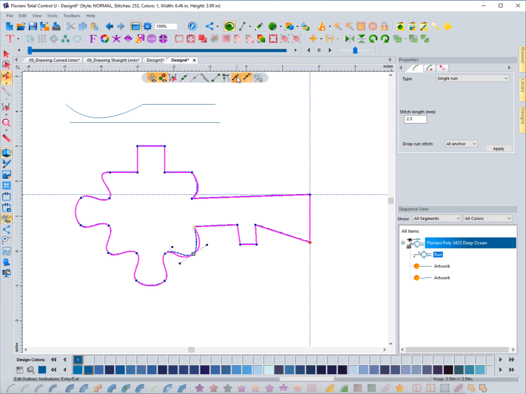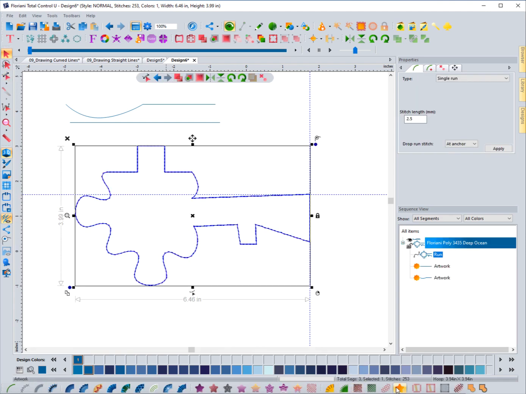this one's symmetrical, so I'll change it to smooth so I can really affect it a lot different. But you can see how that is pretty nice. So watch what happens when I change this back to artwork and I go to that